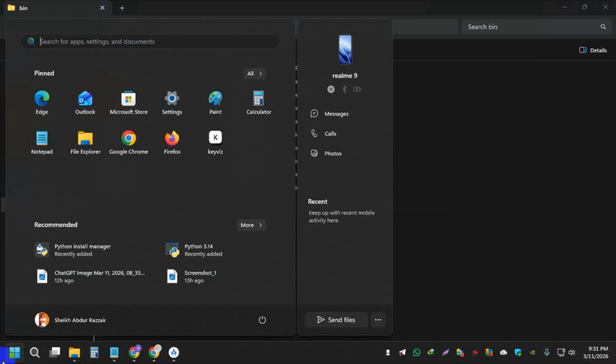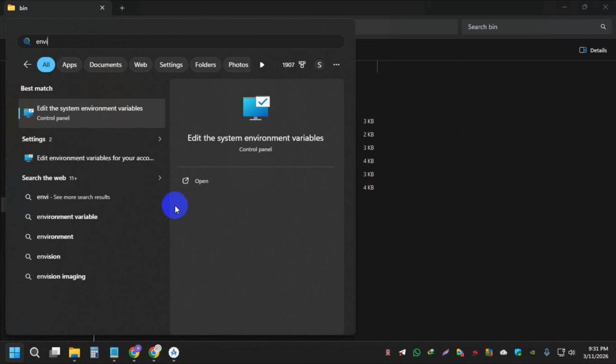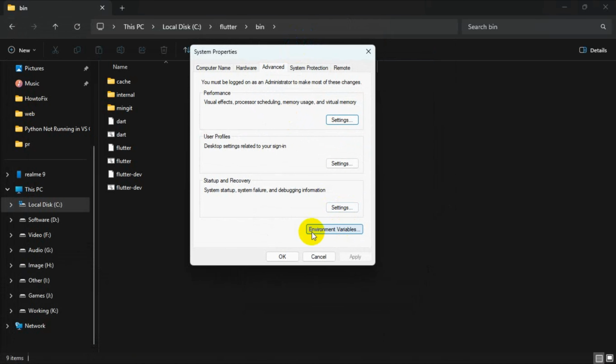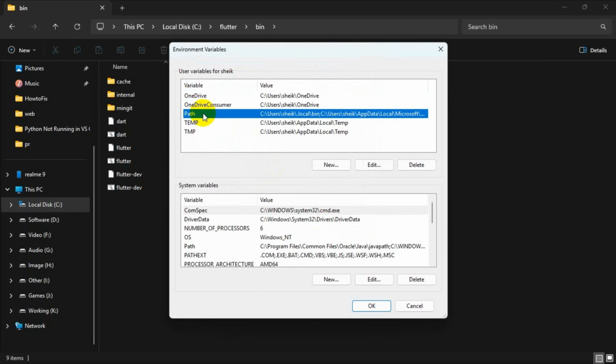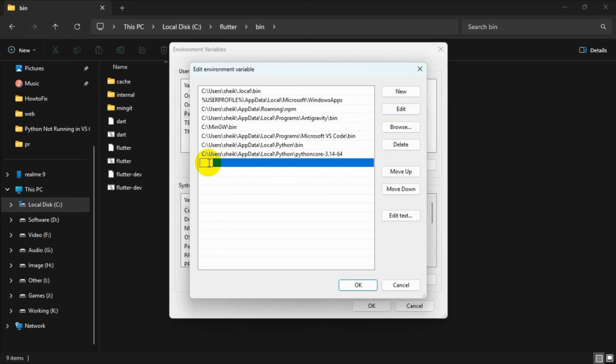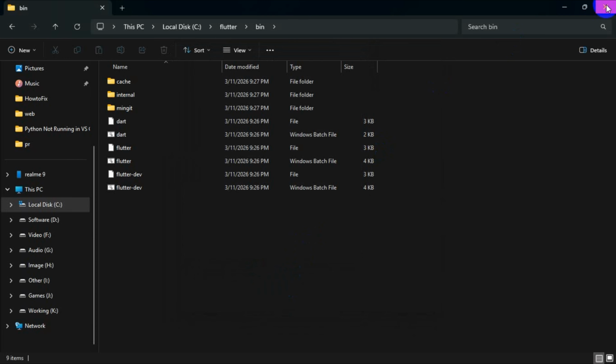Then you go to the Windows search bar and type environment. Yeah, edit the system environment variables. Open this, and here is the environment variables button. Click this and select Path and click edit, and you click new and you paste your copied Flutter address bar, paste, and okay, and you close,